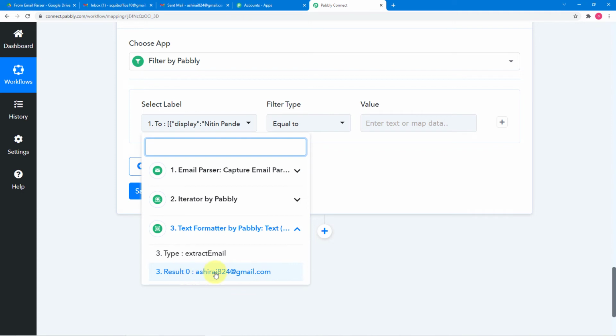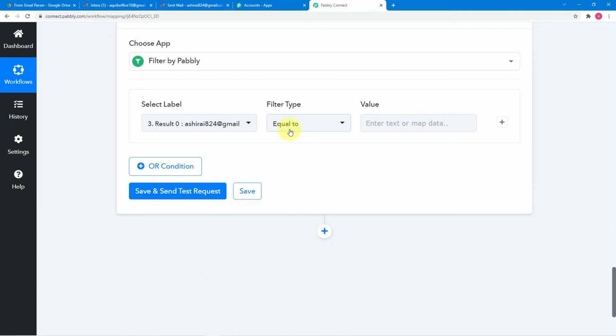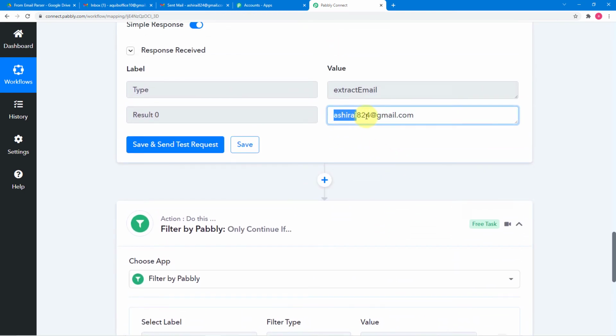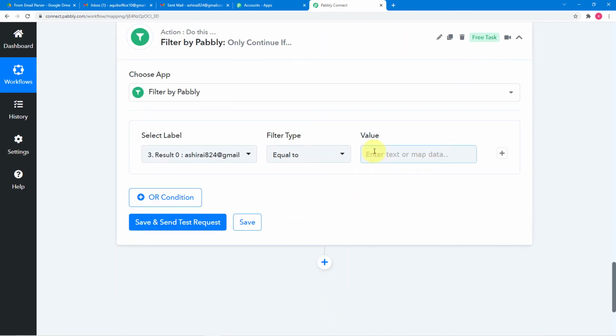Click on it and map this label from here, and make the filter type equals to, and in this value just put the email ID by copying this email ID and pasting it here in this value field. So this is a way to say to Pabbly Connect that whenever we get an email from this email ID, then only we want to send the attachments to our Google Drive.